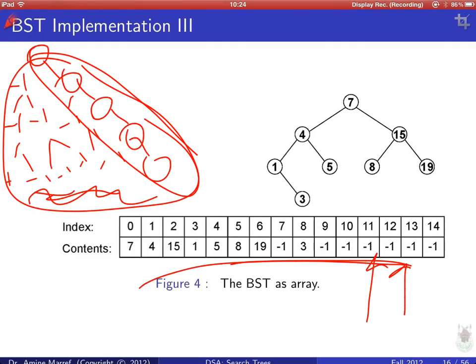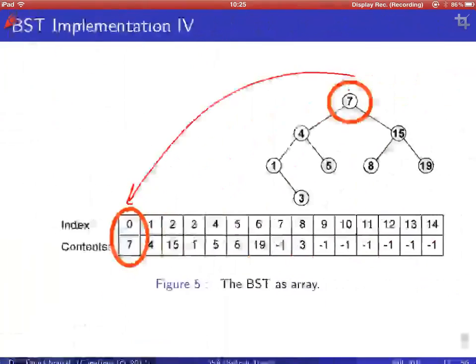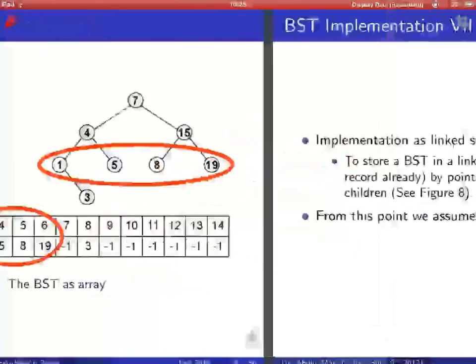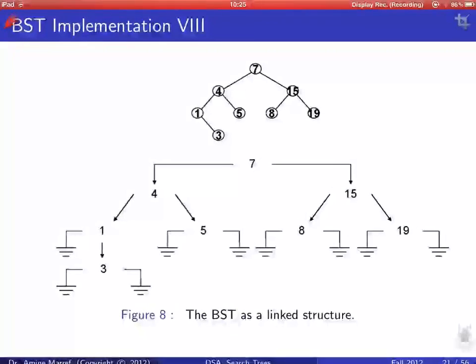Representing a tree, or a binary tree, in this case a binary search tree, as an array is fine if the tree is complete. So basically it's not biased towards the left or anything, it's complete. Otherwise the array representation is not appropriate. In which case we just use a linked structure implementation like we have seen in linked lists. So each element of the dictionary, for example, element 1 has got key 1 and value 1,